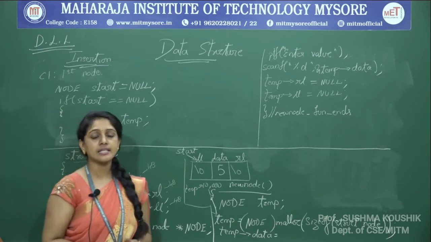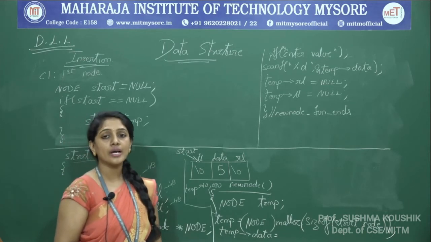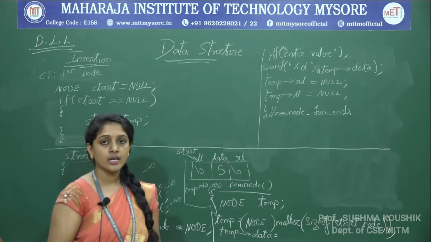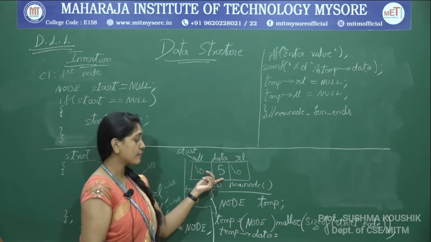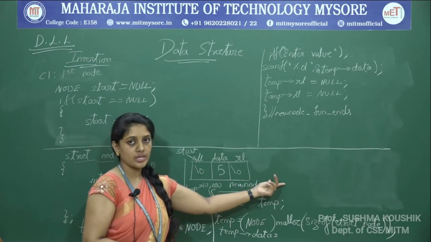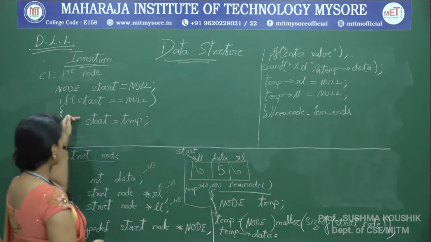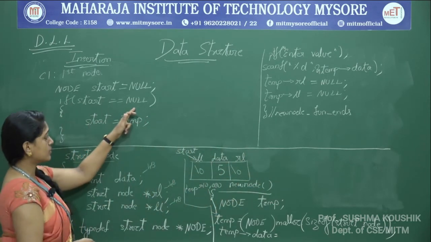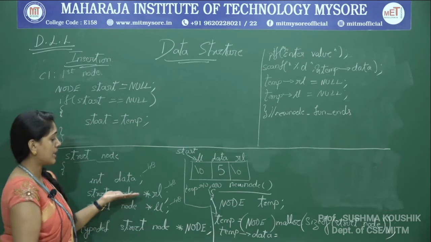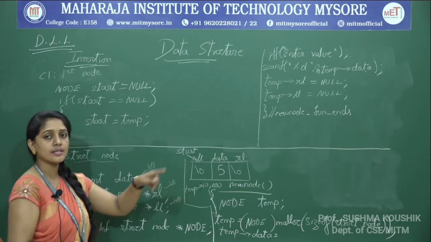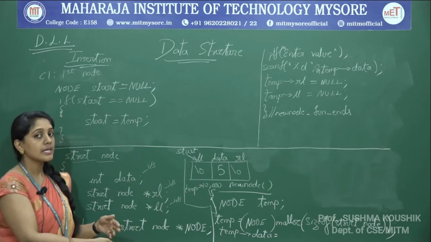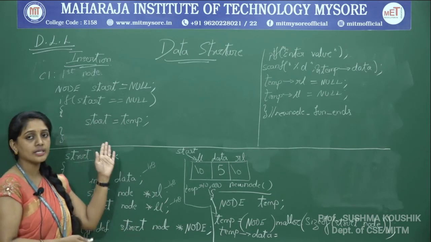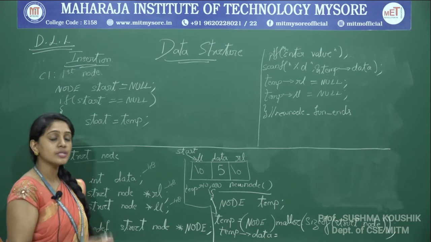Now what is the next case? Case 2. How do I create the next node? For example, the node already exists. Now I have to create the next node, the second node, because in case 1 it checks whether start is equal to null. No, start is not equal to null. Start is having an address called 10,000. So when I call this function for the second time, it is no more the first node, it is the next node. So I have to insert it.